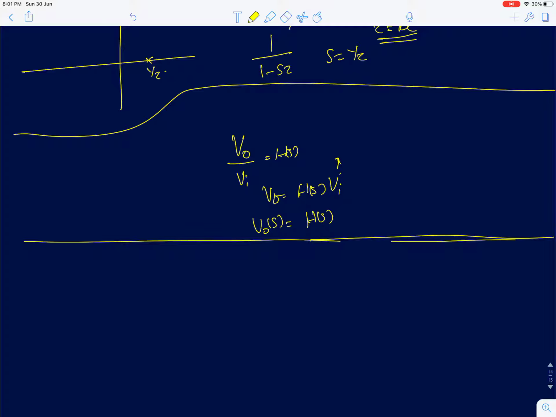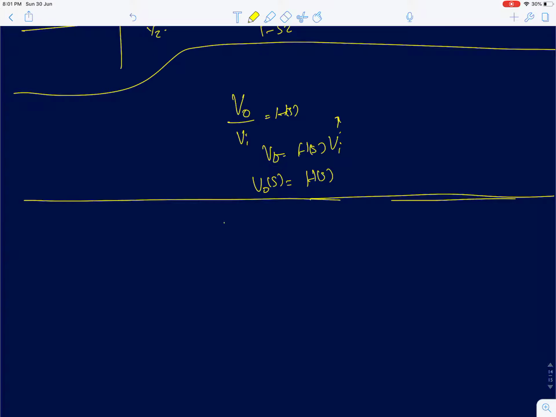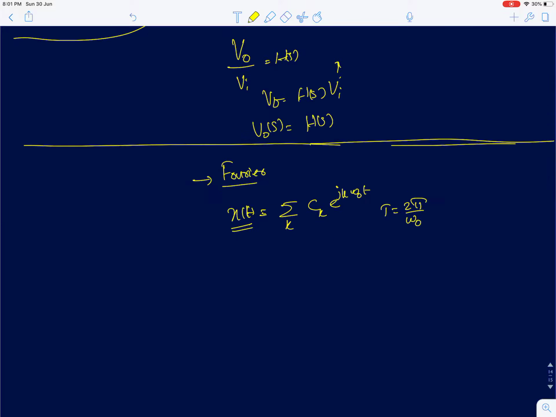Okay. So this is the basics about Laplace transforms which you need to know, and now we will go to Fourier transforms. Now we know from basic Fourier series that any periodic signal can be expressed as a linear combination of complex exponentials or sinusoids. I am assuming the period of the signal is T, given by 2 pi by omega naught. That's the time period of the x of t signal. For an aperiodic signal which is not periodic, you can represent it using a continuous function